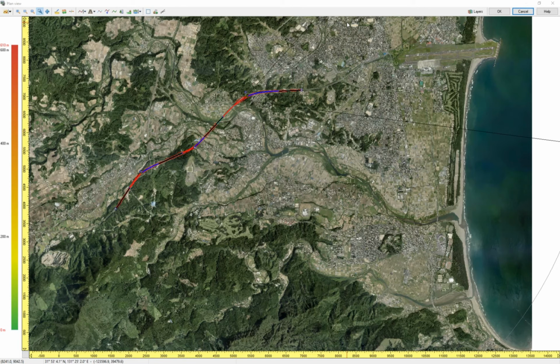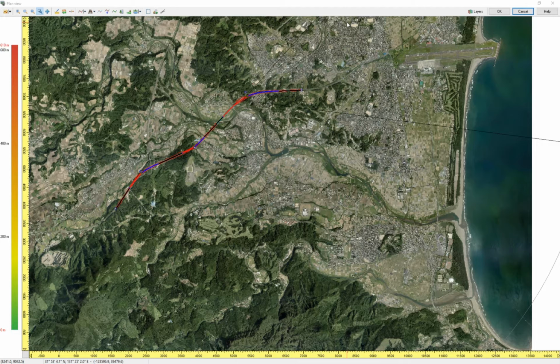So back to the plan view. Now I will show how to change the cross-section of the road. In the previous tutorial we saw how to define a new road, the layout, the elevation, how to make a bridge. But as you could see, it was a highway with some highway road definition, 3 lanes each side of the road. So what I will explain now is how to change these lanes and the other features of the